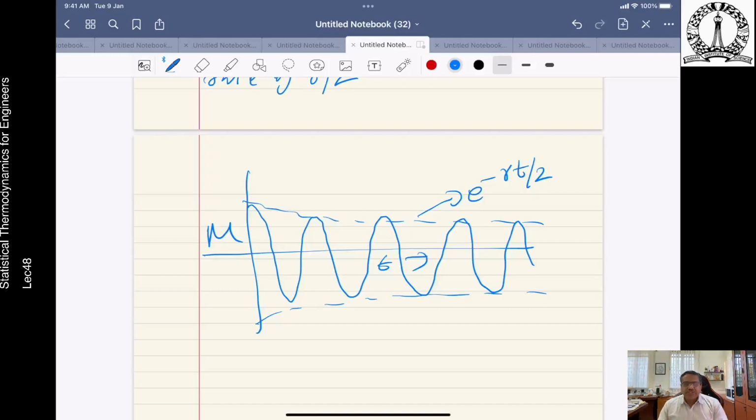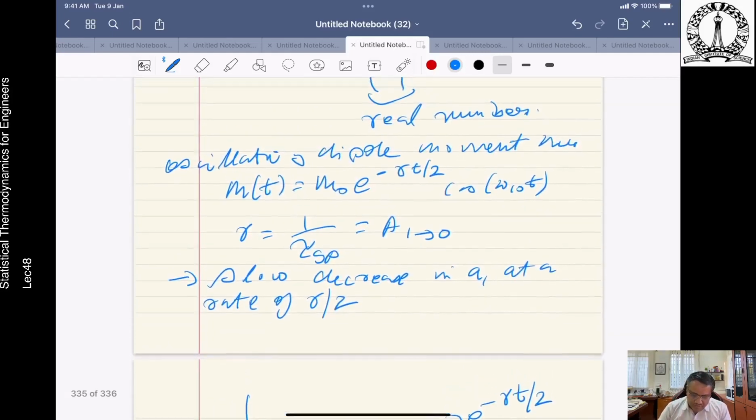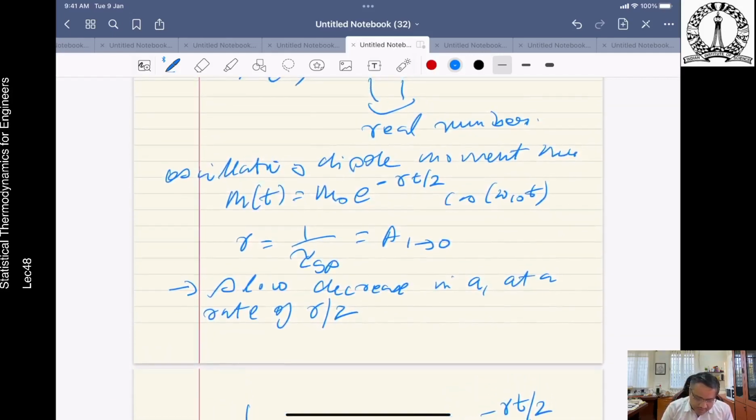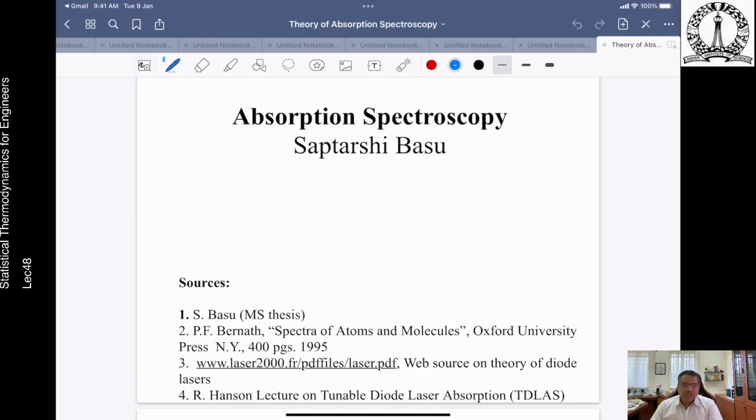So welcome to lecture number 48 of the Statistical Thermodynamics course for engineers. During the last lecture, if you recall, we calculated the oscillating dipole moment, which is given by this. So now that we have an idea of what absorptions are, we can set the stage for absorption